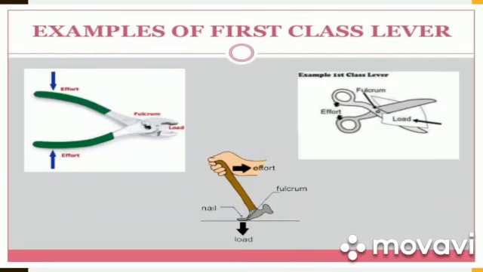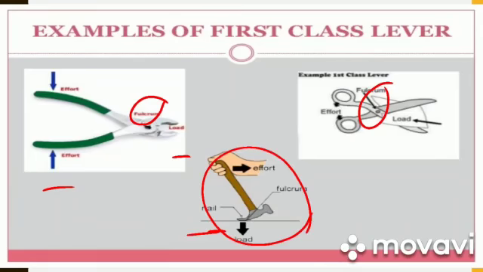Students, here we have some examples of first class lever. At first we have pliers, in which you can see that the fulcrum is between the load and effort. Then we have scissor, in which fulcrum is between the load and effort. Students, in scissor there are two first class levers together. Then we have claw hammer, which is taking out a nail, and in this fulcrum is between the load and effort. Other first class levers include a car jack or a